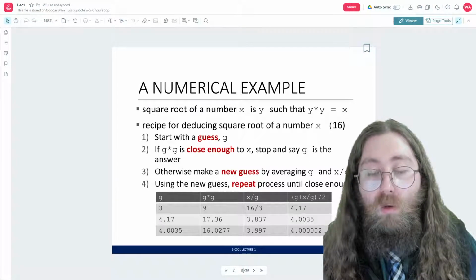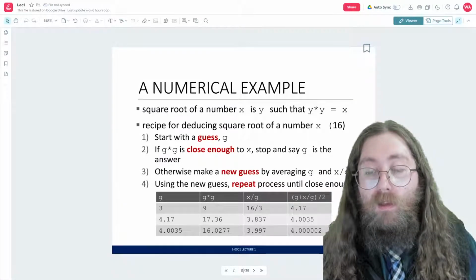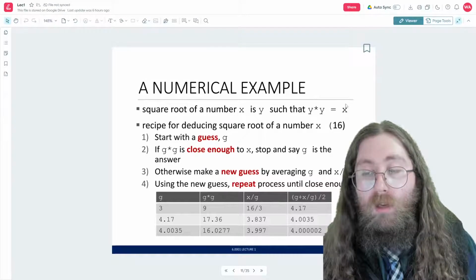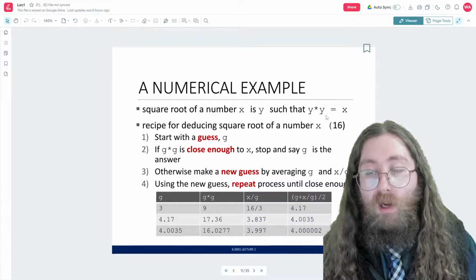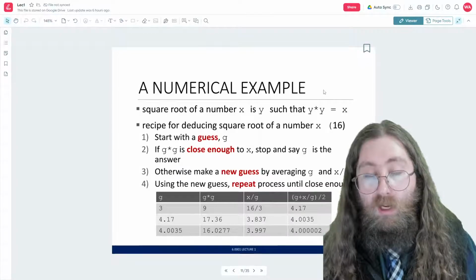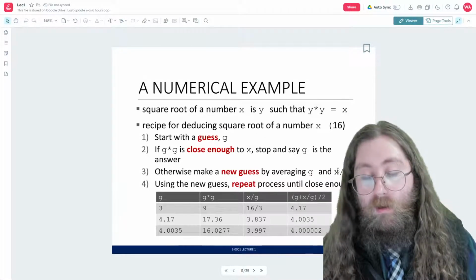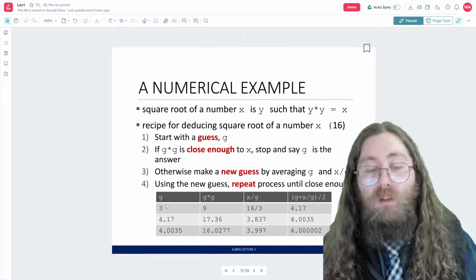Otherwise, we're going to make a new guess by averaging g and x divided by g. So remember, x is this number here. What you do is you take your number, you divide it by your previous guess, you get another number, and then you average that with your previous guess. So here we have this chart.